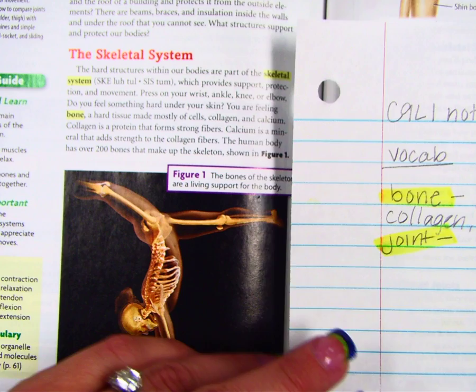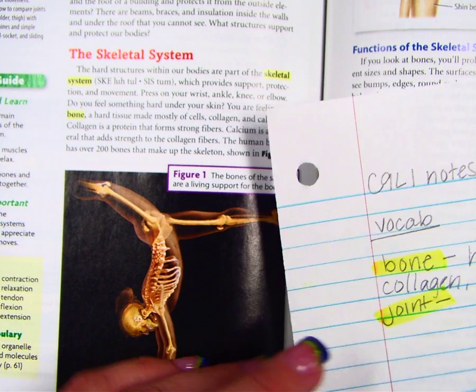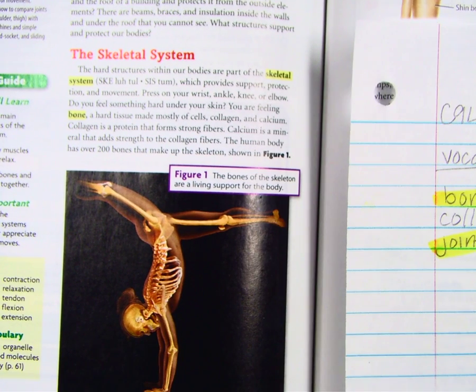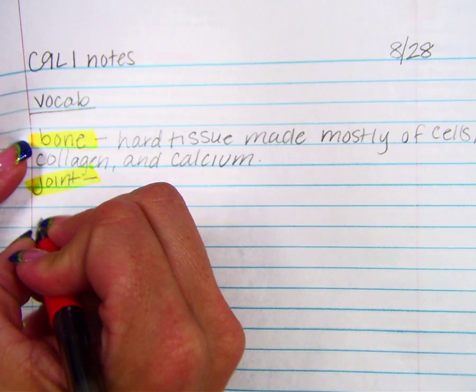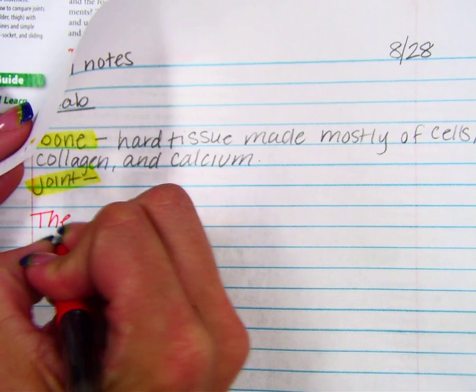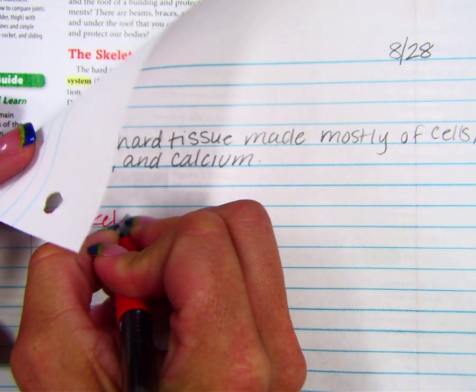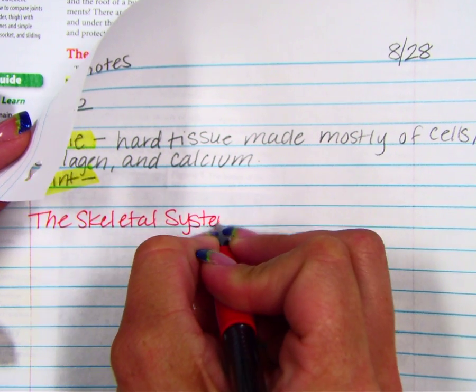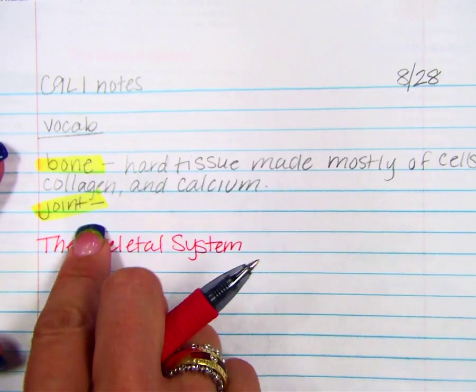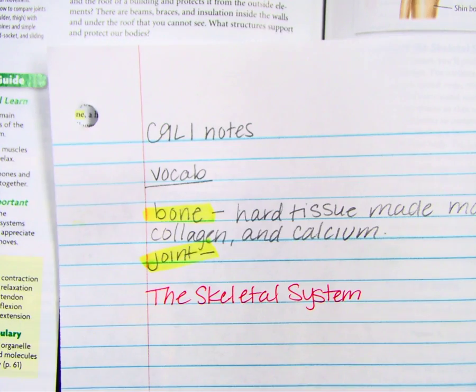And so the first thing they're going to talk to us about is the skeletal system. And if you notice, it's in a red heading. So what I really like to do is say, okay, the red headings are kind of the big ones. It's kind of an overview. And so I'm going to take my paper and I'm going to write with a red pen the skeletal system. And now as I read this next paragraph, I've already covered my vocabulary because we did that either on flashcards or